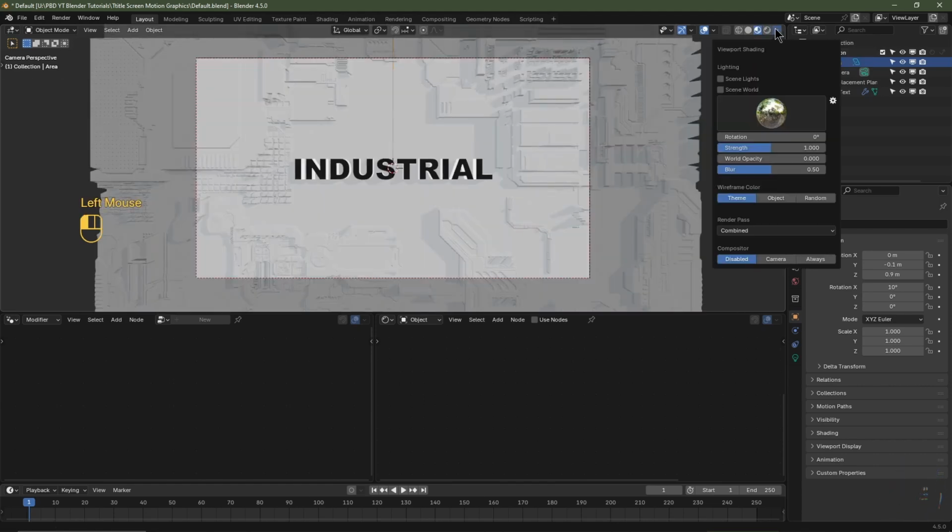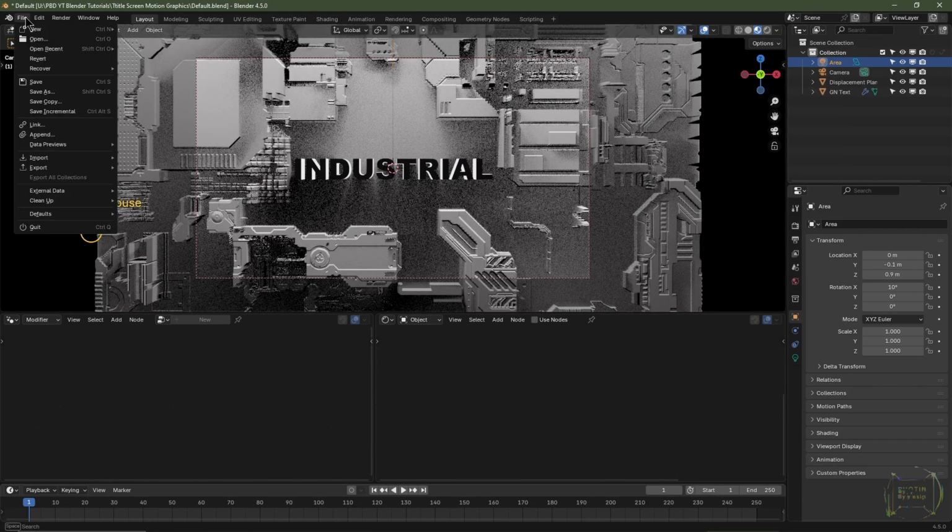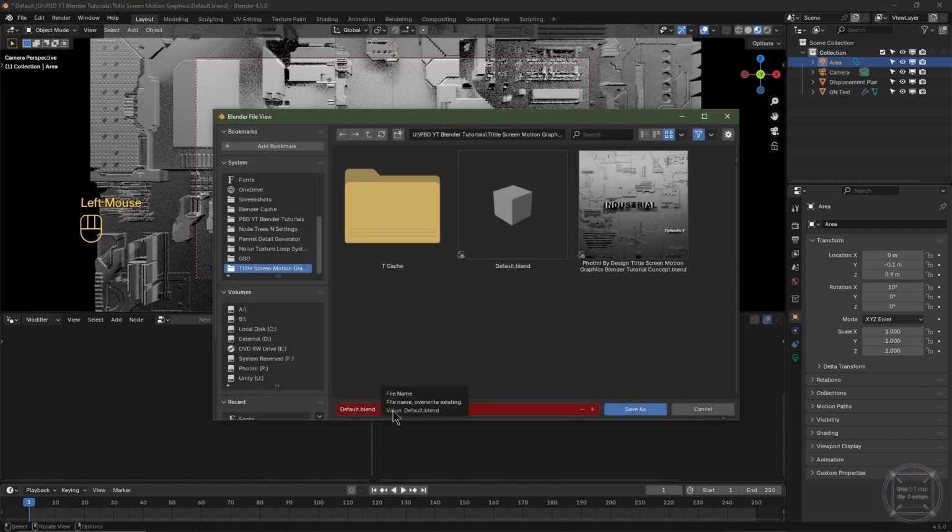I'll then click this arrow here and I'm going to enable scene light and scene world. Before we continue, it's a good idea to save your project. So I'm going to go to File, Save As, and I'm going to save my project as